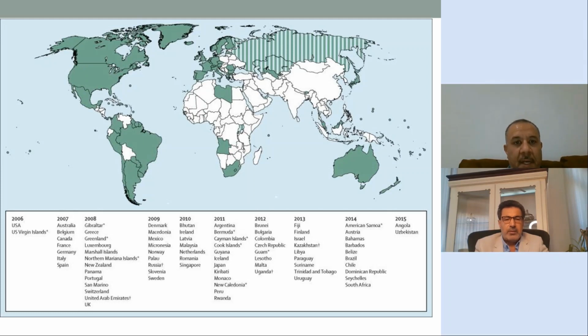Now, as an impact, if you can notice the countries, this is a timeline of when the vaccine was introduced in different countries. In summary, it is nearly in North and South America, nearly in all of Europe. As we said before, in UAE, it was available from 2008, and it became part of the schools in 2018.